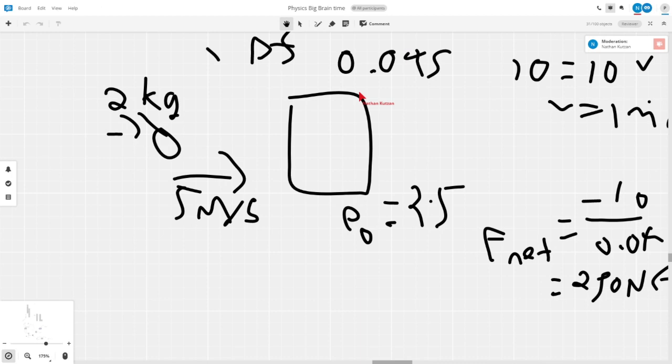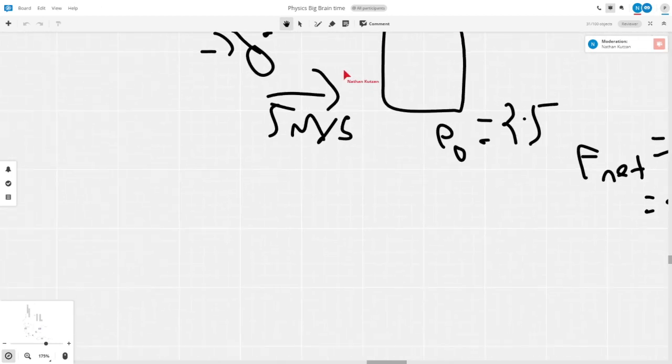Okay. All right. And then, no, I don't remember what the elastic thing was. Okay. So in an elastic collision, energy is conserved. So for example,